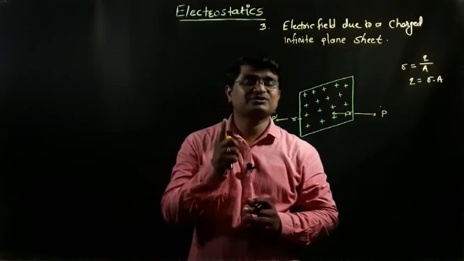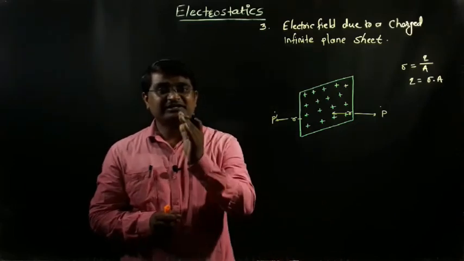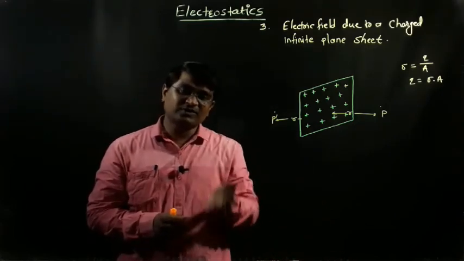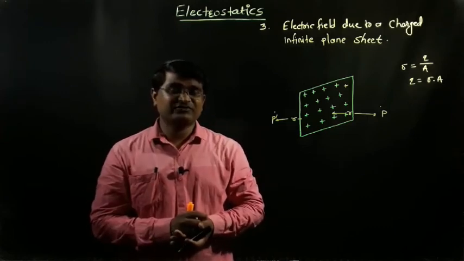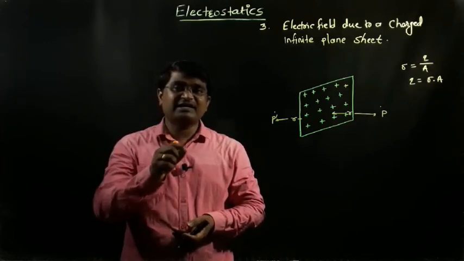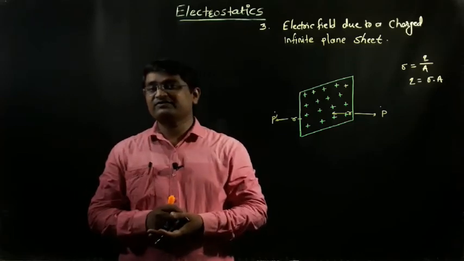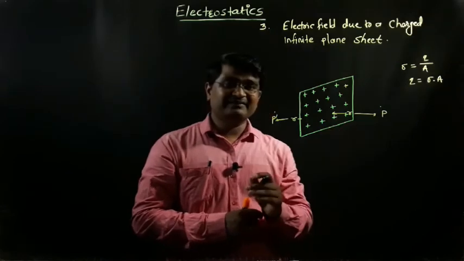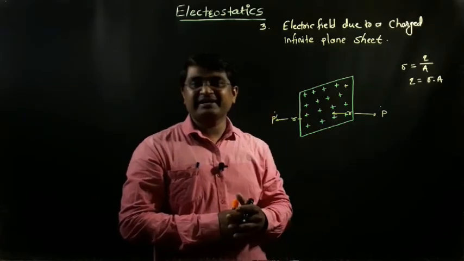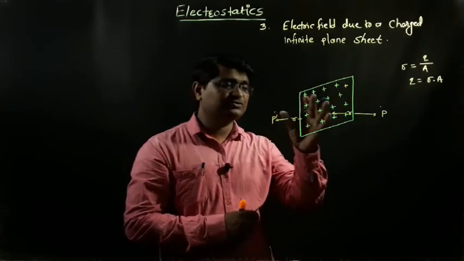And we know the condition of a Gaussian surface: the electric field is always perpendicular to the Gaussian surface. This is the first condition. And the second important condition, we know that the electric field at every point of the Gaussian surface will be constant. It is exactly similar right now. So that's why the Gaussian surface is cylindrical when we draw it for the plane sheet.